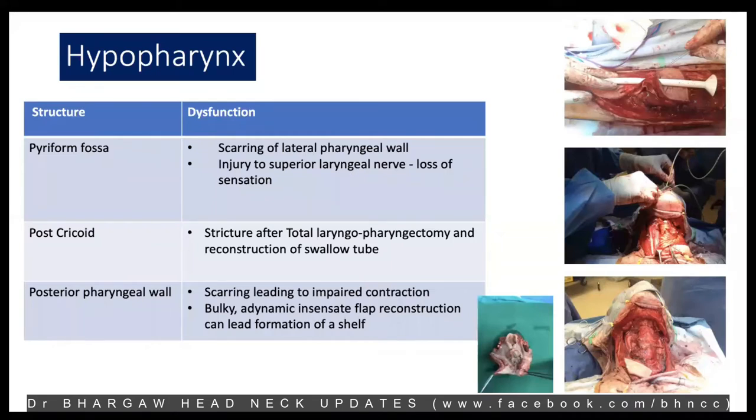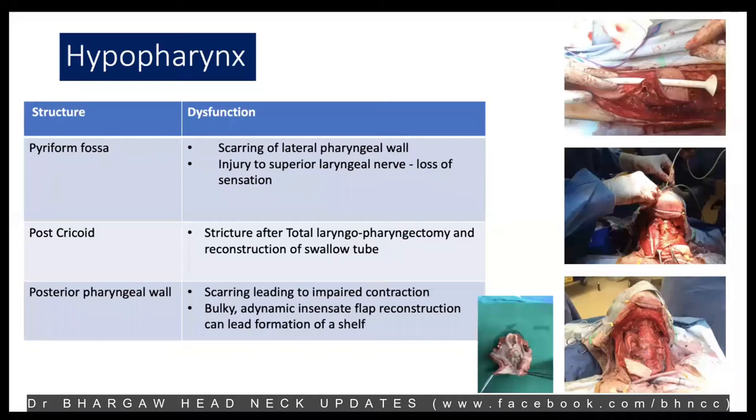Not many people know this, but when there is a tumor of the posterior pharyngeal wall, and especially in the middle of the posterior pharyngeal wall, it depends. You need to figure out the depth of these tumors. If these tumors are very deep, going all the way down to the superior constrictor, then the patient is going to have a lot of swallowing dysfunction. If it's a superficial tumor, then any minimally invasive approach would help, and the patient can get back to normal eating.